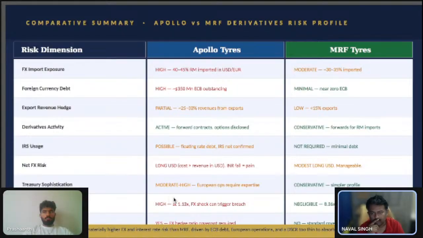So treasury sophistication, this is the poster baby for treasury management, because any multinational company has different foreign currencies being used in the entire value chain, right from raw material to finished products, which is the customers. They have treasury management coming in if there are multiple currencies involved. Debt service coverage ratio impact is high. Any FX shock can trigger this value to come down, and the covenants need to be